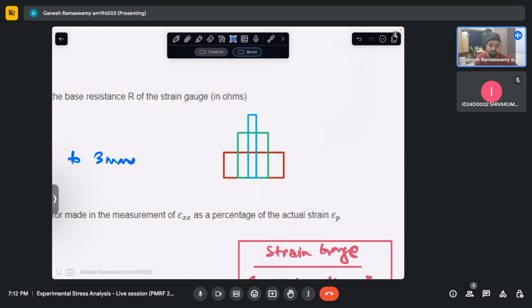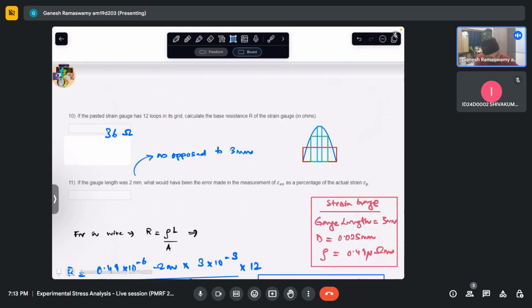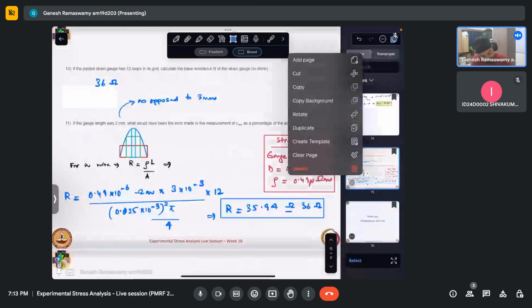By and large, we don't generally have this curve. We will not be having this curve with us. It is in this problem that we have an analytical expression. This is just for us to gauge where the stress concentration zone is and then appropriately try to paste it. Okay, so this is what we are trying to do here. What we are saying now is if the gauge length were to be 2 mm instead, what would be the difference? So if the gauge length